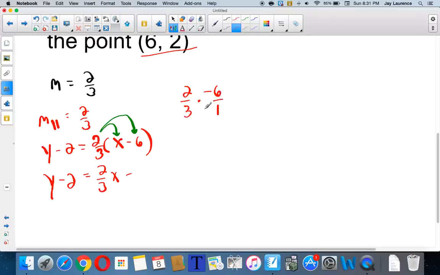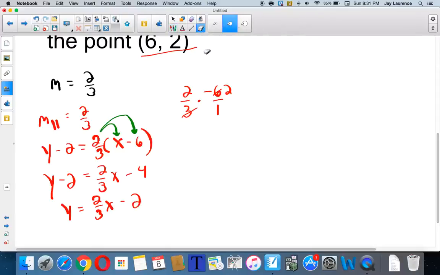Or in this case, -4. 3 will go into there twice. 2 times -2, -4. All right. And then I'll add 2 to both sides, and I'll get 2/3 x minus 2. And there you go. There's the parallel equation. Now, to get the perpendicular one, it's pretty much the same problem, except my perpendicular slope